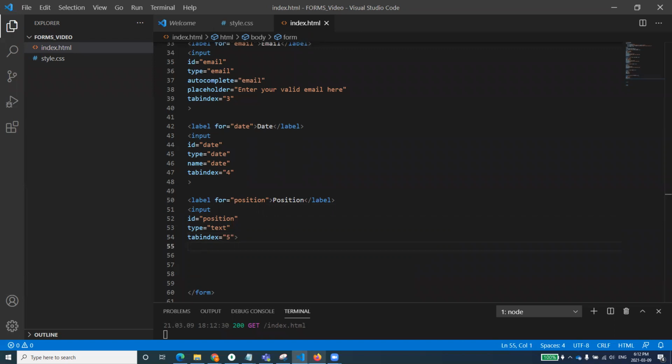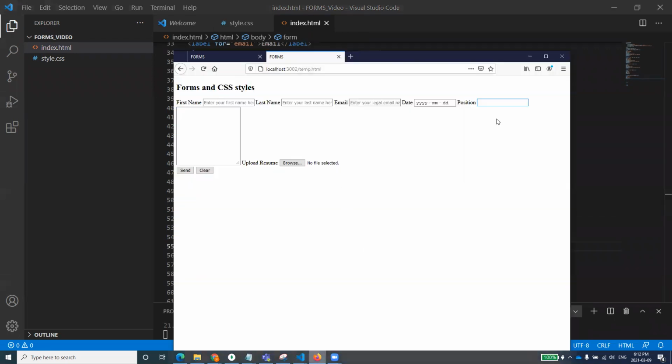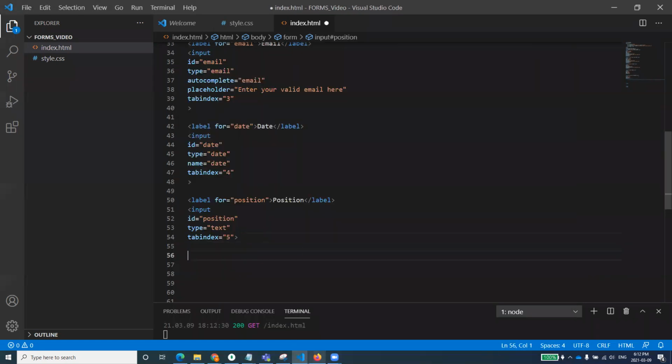Now another interesting thing. As I said, you have got a list over here which comes, and I can select any one of them. If I say I, it will give me all those interesting options. So I want to provide it in a list. To provide a list, we can do another thing here: we will create a data list here, and I'm calling this data list positions. Close the tag. So the data list is created.